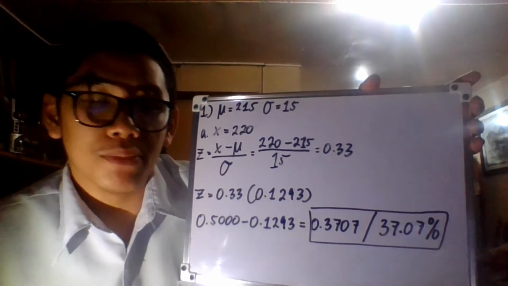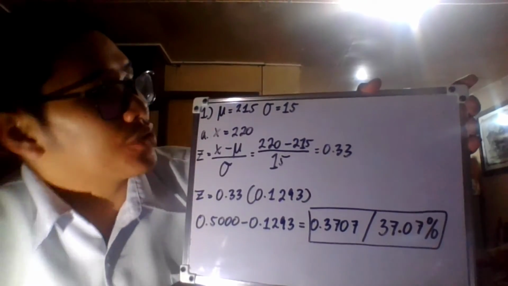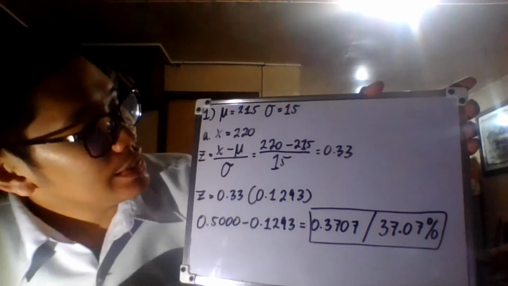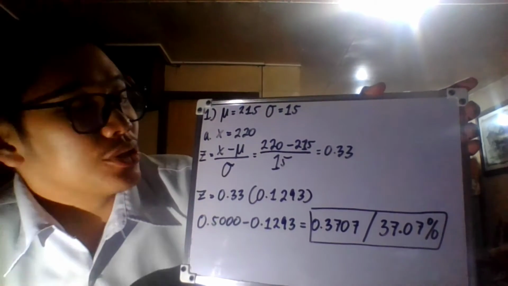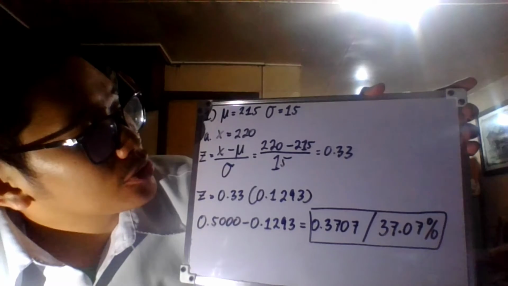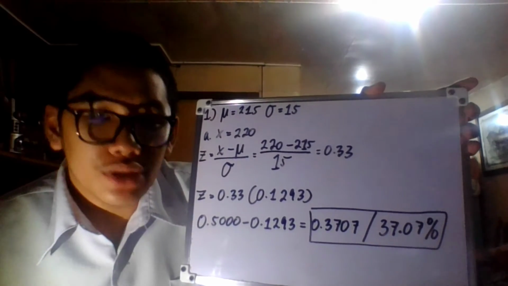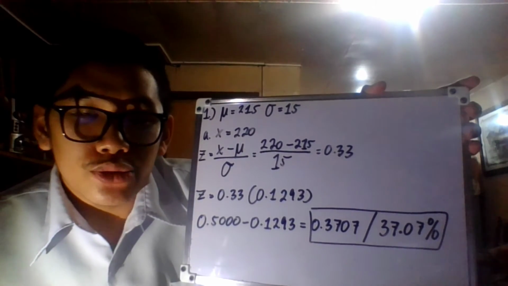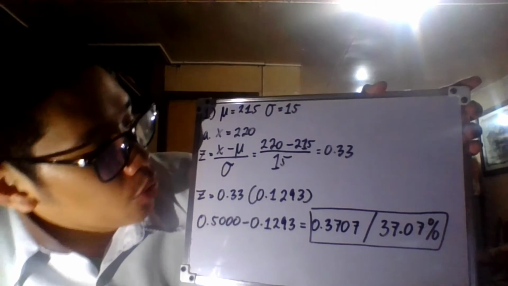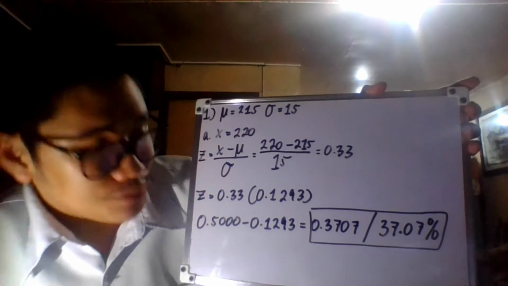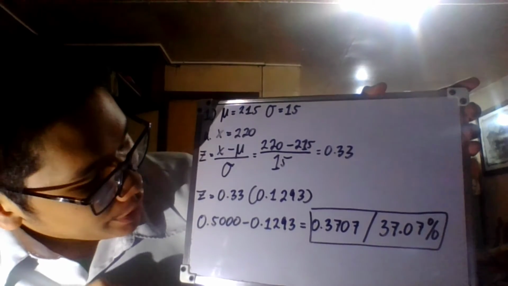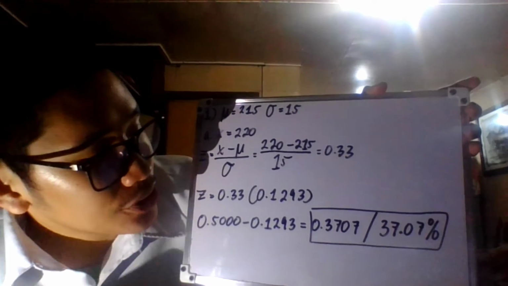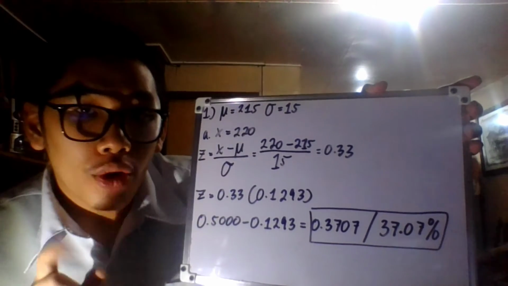For the number one word problem, our mean is 215, our standard deviation is 15, our x is 220. We will use the formula z equals x minus mean over standard deviation, which we will substitute 220 minus 215 over 15. By the use of calculator, it equals 0.33. Now, by the use of 0.33, we will look into the z table in finding the probability, which will be 0.1293. Now, minus it by 0.5000 minus 0.1293, by the use of calculator, the answer is 0.3707 or